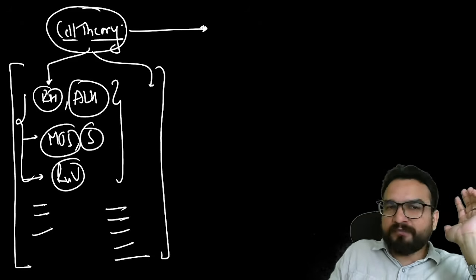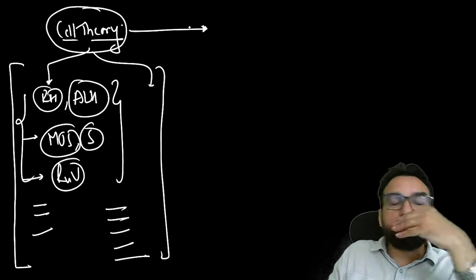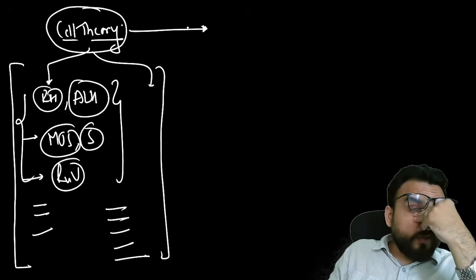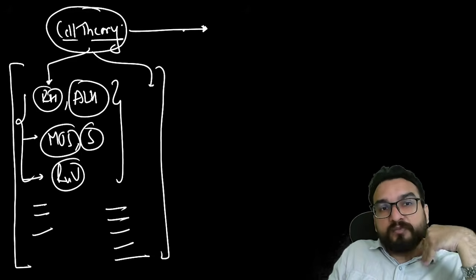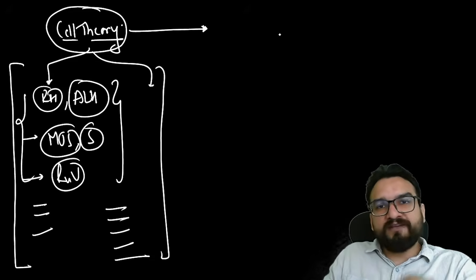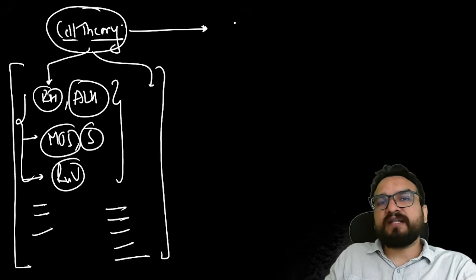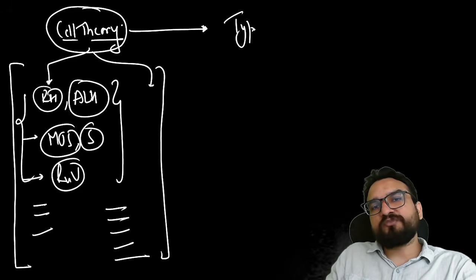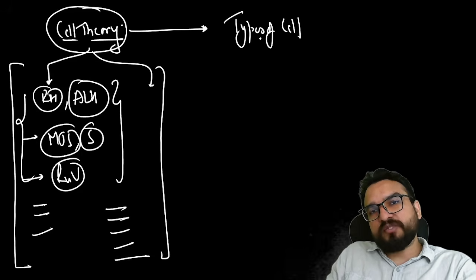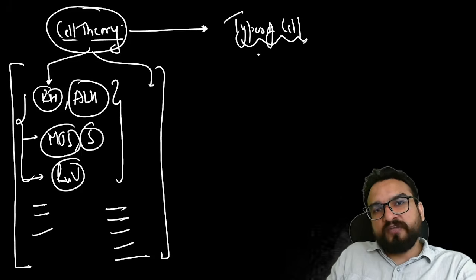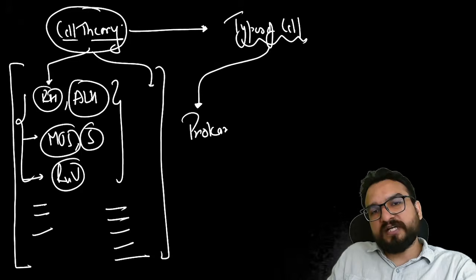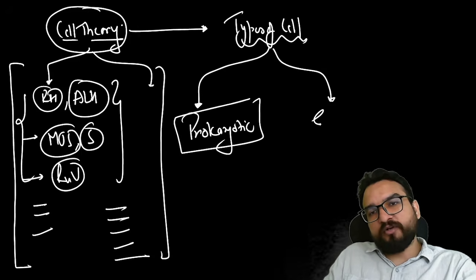Okay, now let's move ahead. In this lecture, important things are coming. When we got to know about the cell, as per the modern theory, we have explored the cell really very well. We understood that there are certain types of cells. And we got to know that there are majorly two types of cells present: one is the prokaryotic cell and one is the eukaryotic cell.